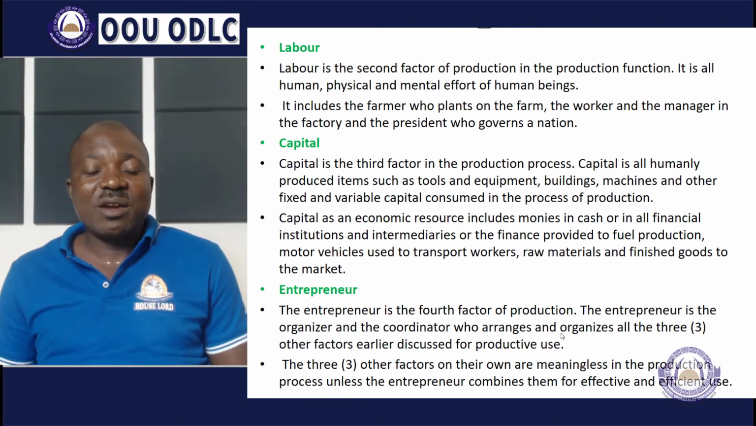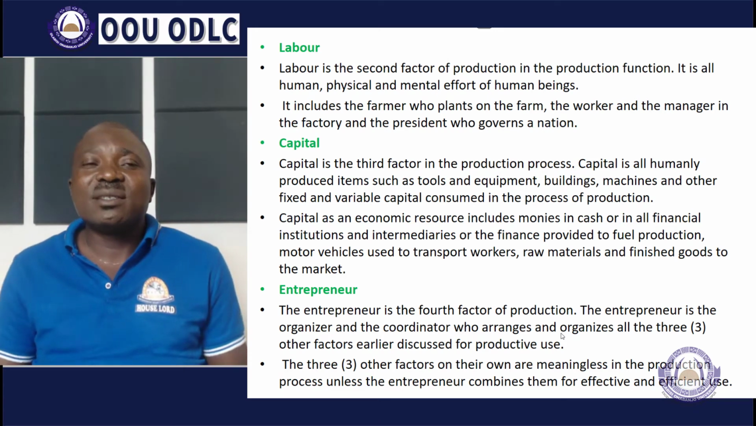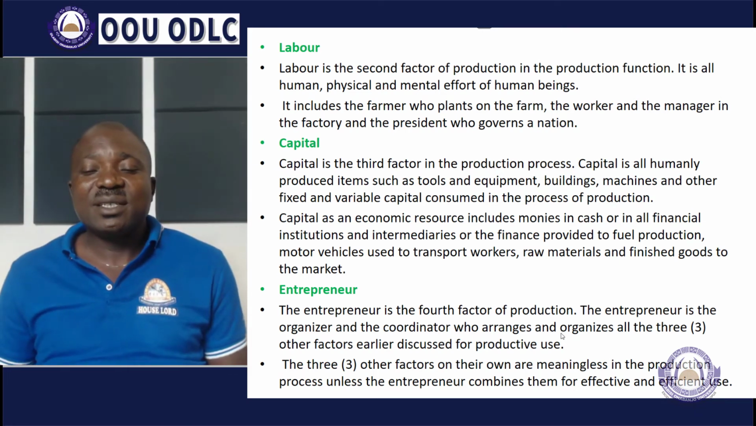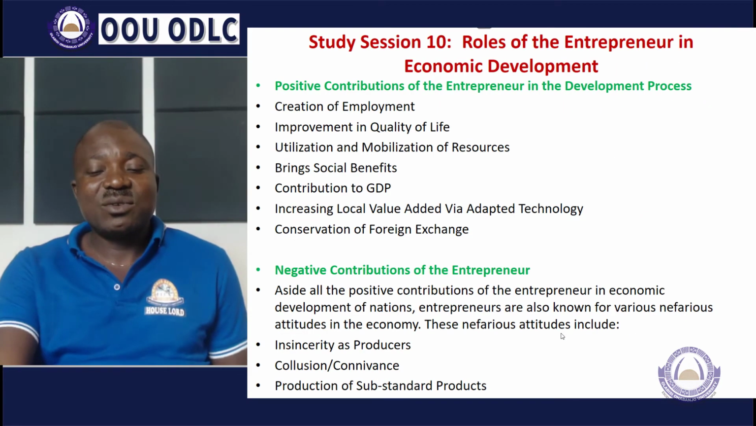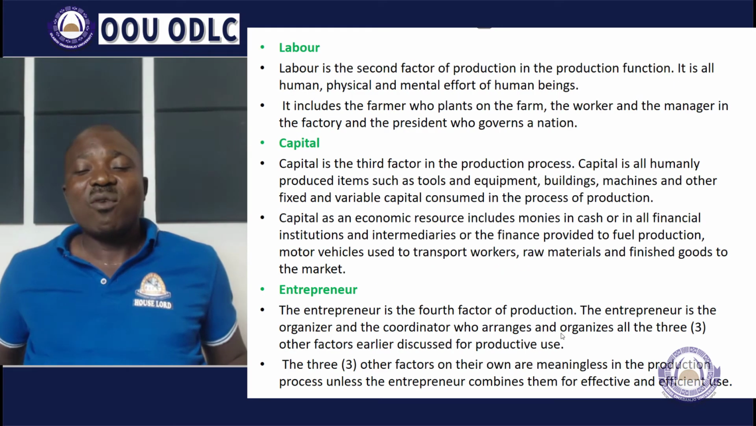These three other factors, land, labor, and capital, on their own are even meaningless, because on their own they cannot do anything. Land, of course, will just be there, it will be static. Labor also, even though it's mobile, will equally be there, and capital items are ever there waiting to be explored. But there is need for somebody who now combines them, and that person is the entrepreneur. And that's why the entrepreneur is believed to be the most important factor of all the factors